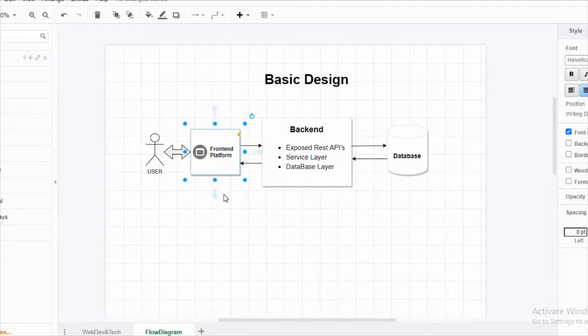The front end could be written in HTML, CSS, JavaScript, or we can use any other front-end languages. Firstly, the user will try to interact with our front end. Then the front end, for getting the data or passing the data, will interact with the backend using REST APIs or SOAP API. Then in turn, the backend will interact with the database for saving the data or retrieving the data. So here let's take an example of a login page.